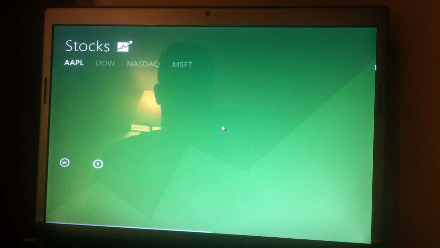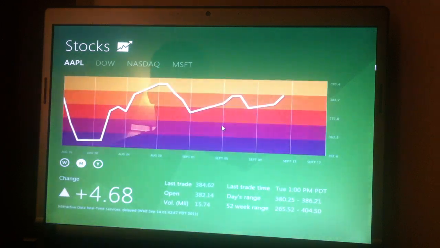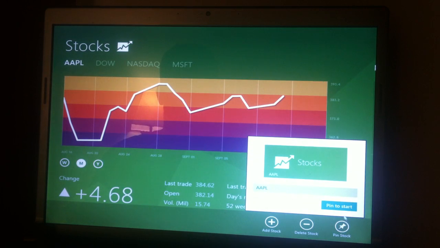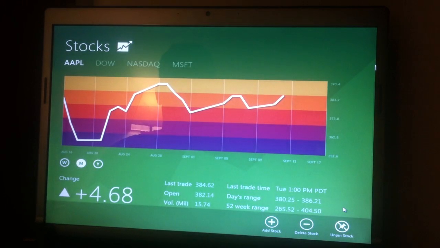There's very little that you can actually do, but again, the important thing is here you right click and you've got your options down here. And this is one thing I didn't see before, but here's a pinning option. Let's say I want to pin a particular stock to the start screen. If I click that, let's see what happens. Say pin to start, and